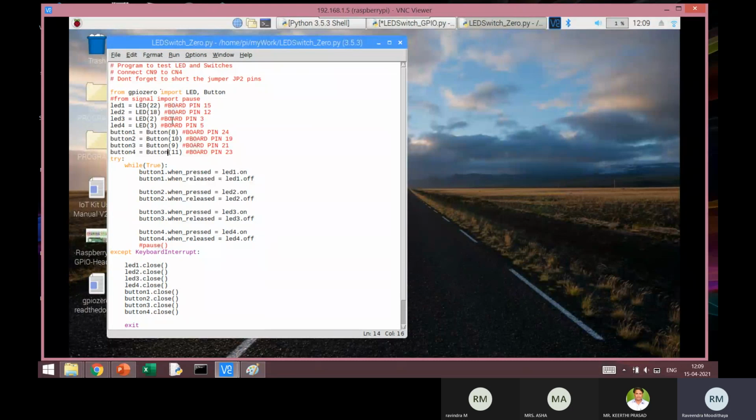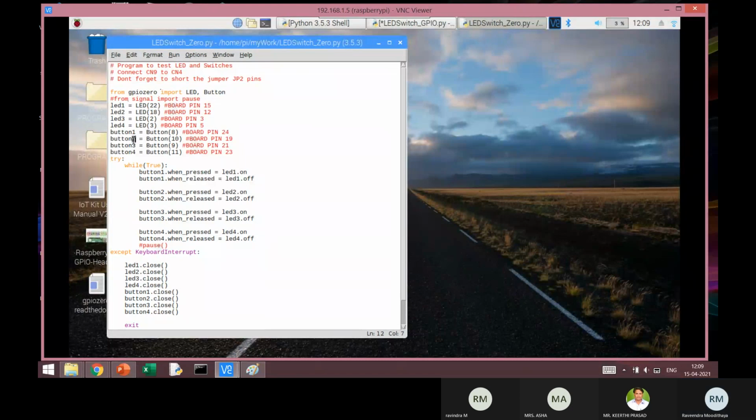Similarly, we have 4 buttons. Okay, internally it is called buttons in the GPIO 0 library, not switches. Okay, doesn't matter. So we are creating 4 instances of button. Button 1 is in pin number 8. Remember, we had used it as 24 in the previous version of the program because we had used board number 24.